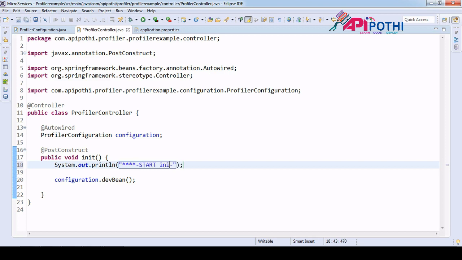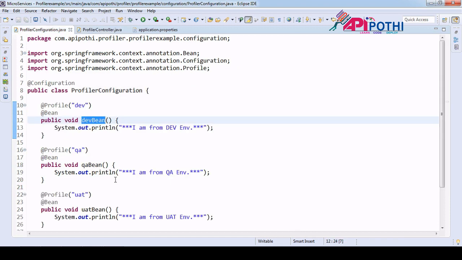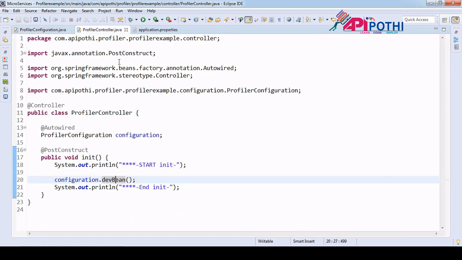Start init, and end init. Okay, and for dev I have logs, so that is perfectly fine.